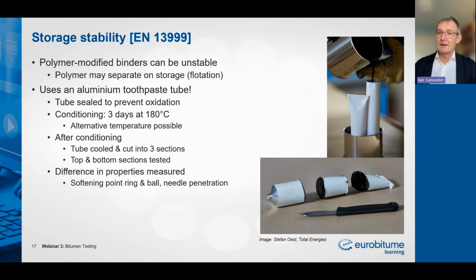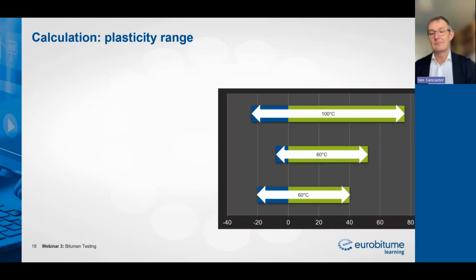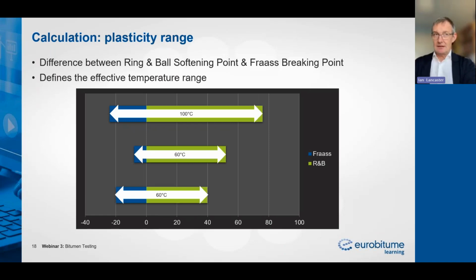And a stable binder needs to have less than, let's say, 5 degrees difference between top and bottom. This brings us to another calculation based on 2 slightly different properties, and this is only really applicable for polymer modified binders, but we can measure the difference between ring and ball softening point and Fraass breaking point, and that gives us a property known as